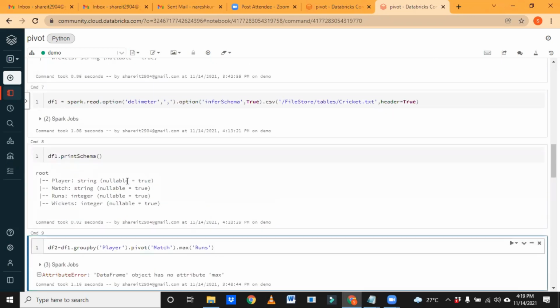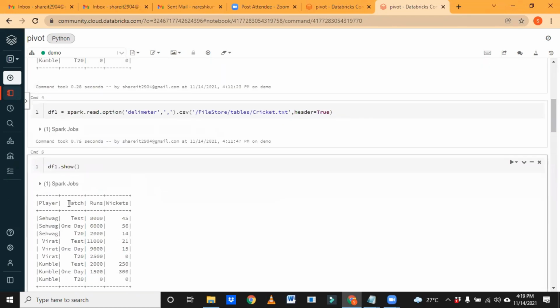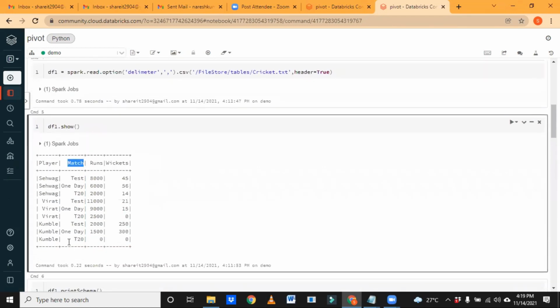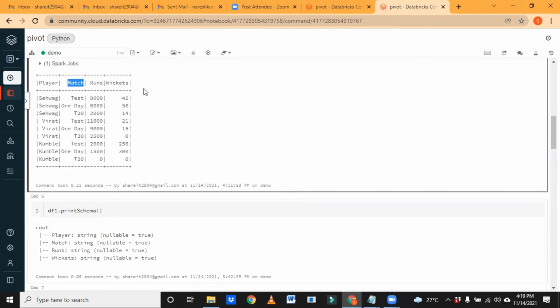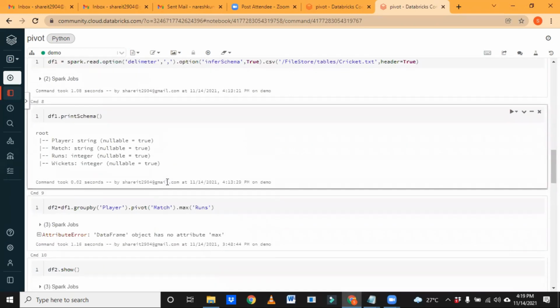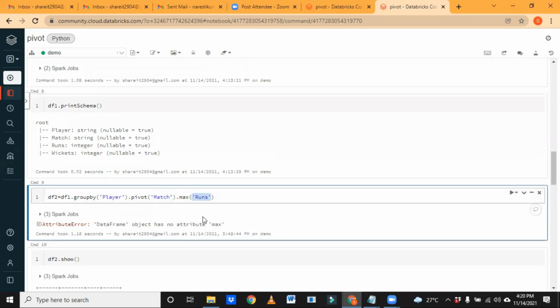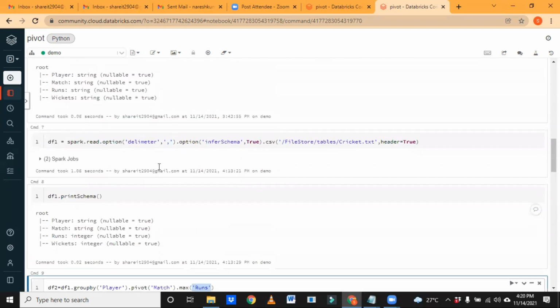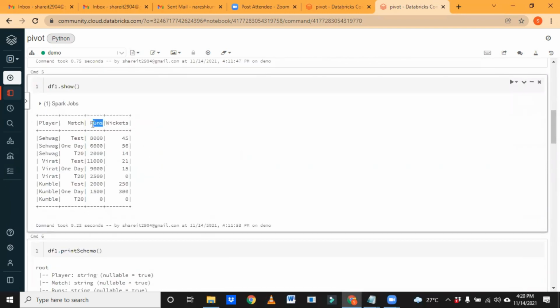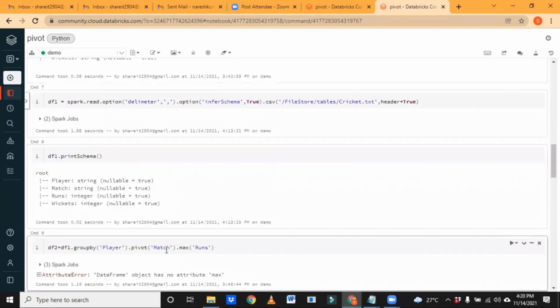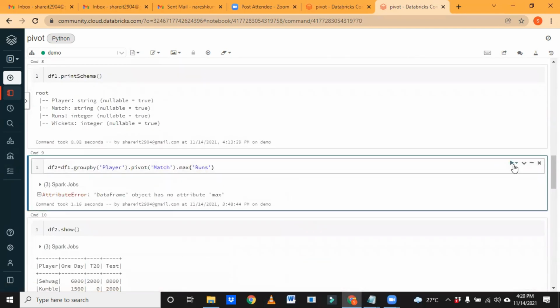We discussed that the match column data should be represented as the main schema, and that is the reason we apply the pivot function on match, and then max of runs. Runs is again the column name, right? So now the syntax is complete, and we can run it.